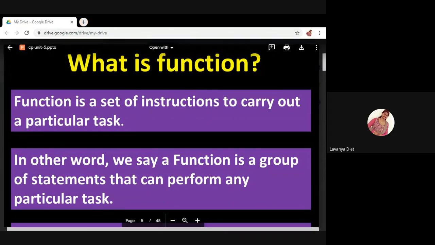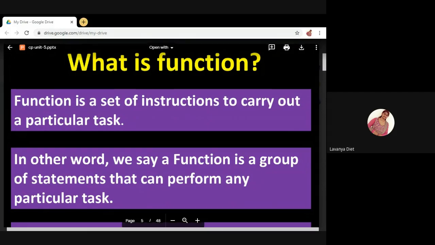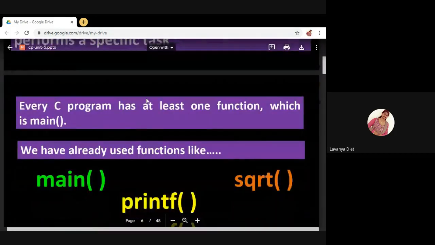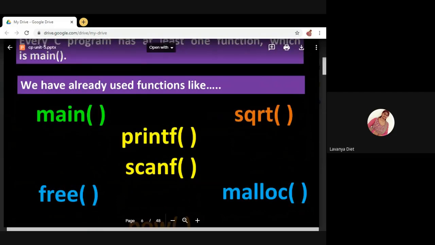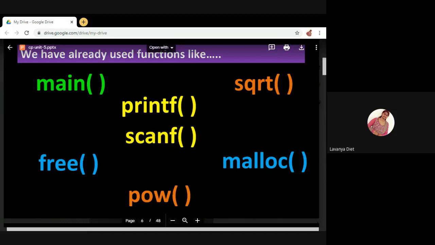Next, every C program will have at least one function, which is the main function. You know that without the main function you cannot write a C program. We have already used some functions. We have used the main function, right?